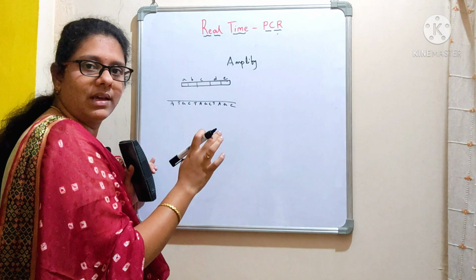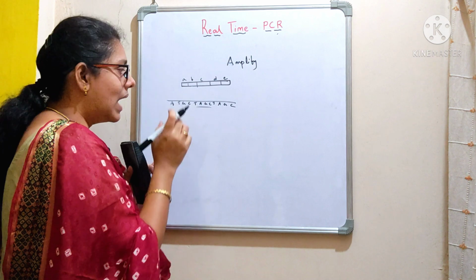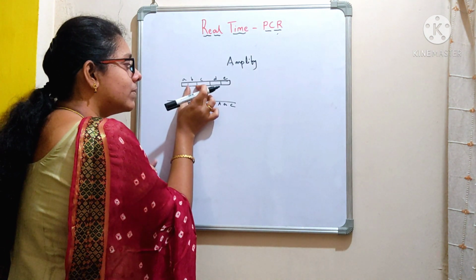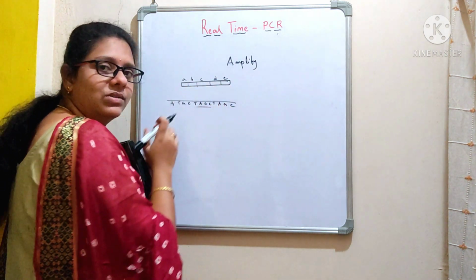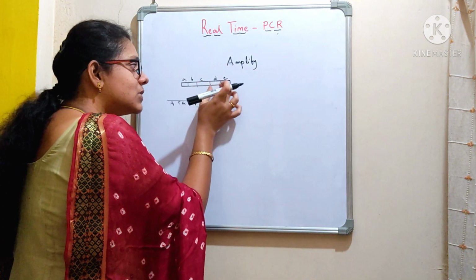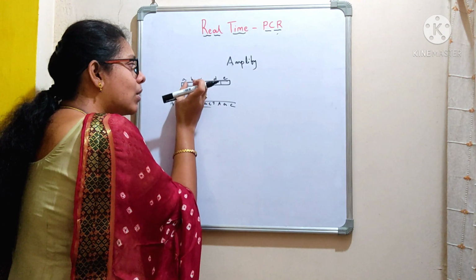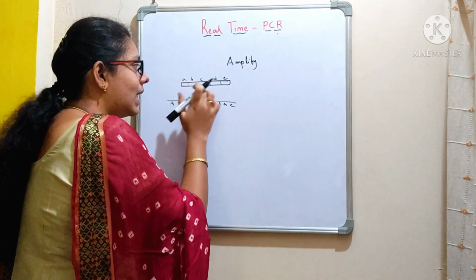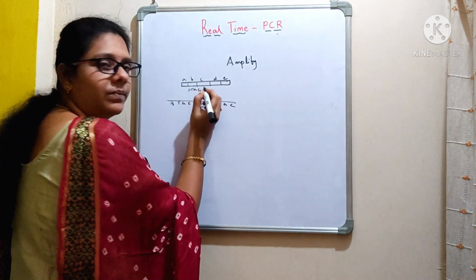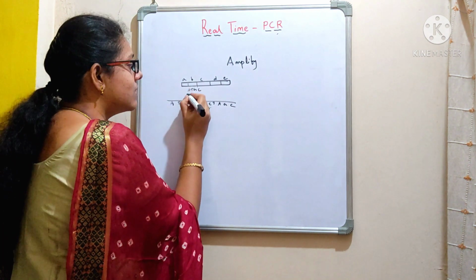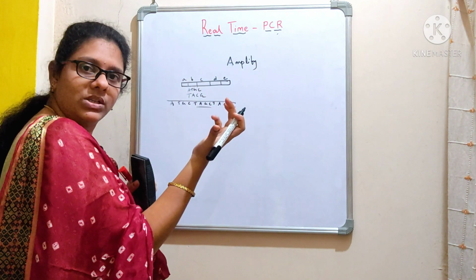Now you need to design a primer. So for suppose this is the gene C, okay, and you need to know the sequence information that is present over here, that is in the B and in the D. So these are the flanking regions. Based on the information of these flanking regions, you are going to design a primer. So this primer should be complementary to the gene B and D. For suppose if B has a sequence of ATGC, now your primer should have a sequence of T, A, C and G. Both will be complementary to each other, right?